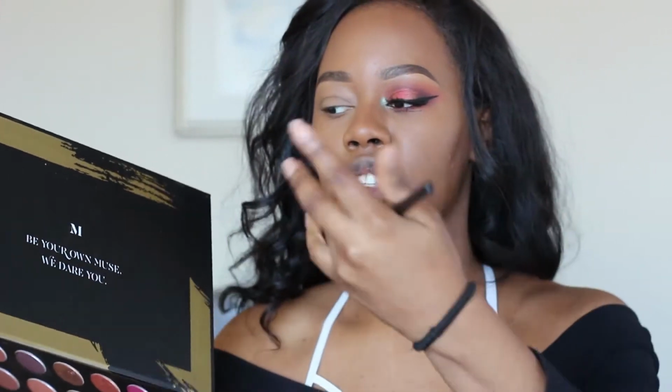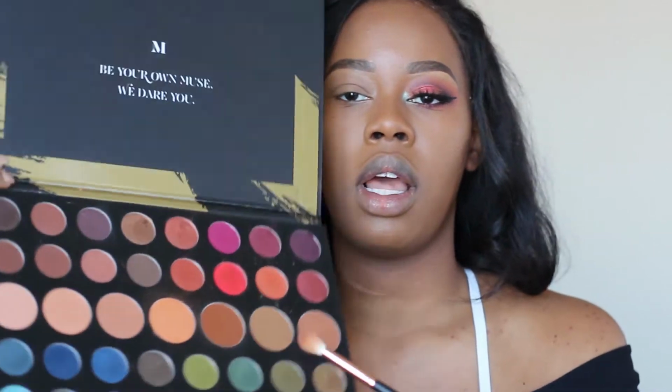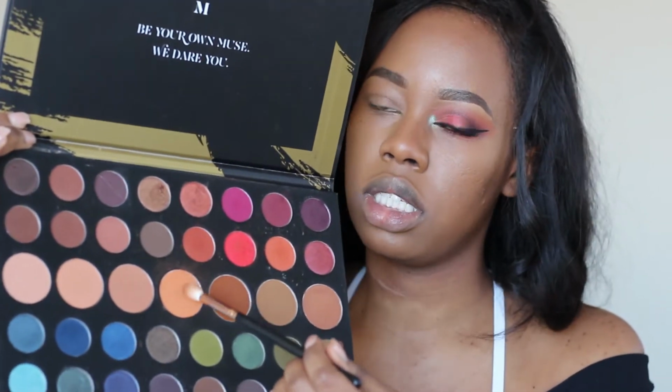So like I mentioned in my last video, I knew that I was gonna lose the little clear paper that came with this palette. I have it, it's in my room, but it's just a hassle because it's not attached to here. I'd rather the shades just be on here, so I'm just going to point to them and hope for the best. So the first shade I'm going in with is this shade,